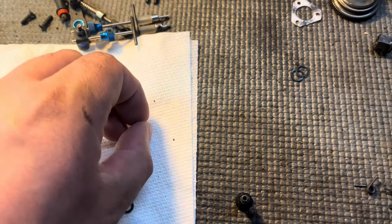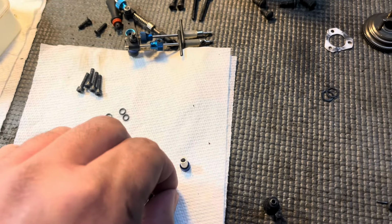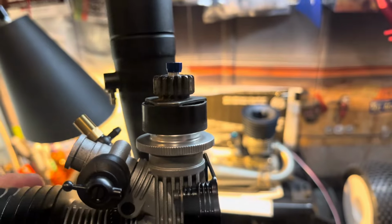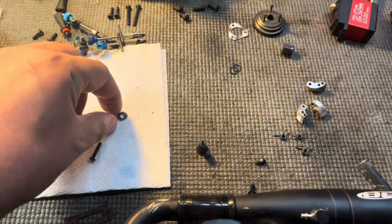But these two go together, and then you put the gaskets. Well, let me show you this. These will go in here like that, and as you can see, there's still a little bit of a gap, so there'll be a little play, and the clutch bell will be able to move back and forth. So to solve that, these two go here,